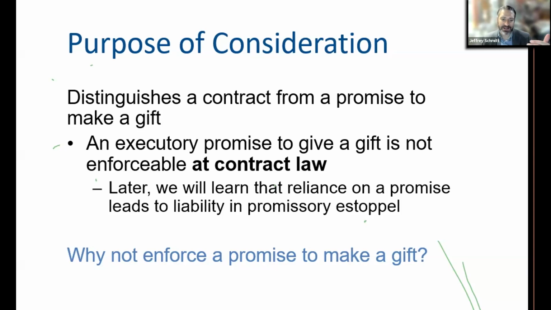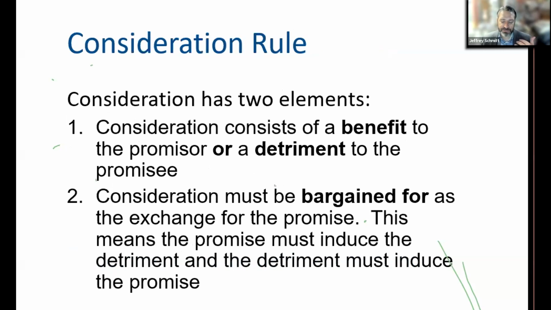If you have Elon Musk, the richest guy in the world, promising to give a huge amount of money, and then he ends up getting sued if he changes his mind, well, then next time he's never going to say it. He's not going to make the promise, or he's going to be more reluctant to. And so the idea is that by requiring consideration, we are encouraging people to give to charity, make those promises, knowing that they're not going to get sued over them.